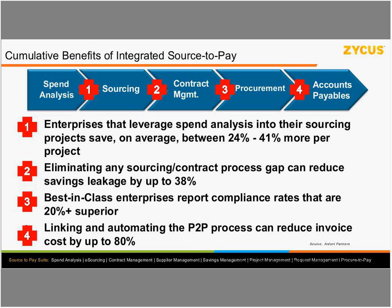And the class organizations see 20% higher compliance rates when they get into e-procurement, the operational aspect. Link the first P to the second P, procurement to payables, and they realize they can reduce invoice costs by up to 80%. So some tangible, measurable arguments out there that may be on path towards a transformational journey. Maybe you've implemented only certain point solutions and are trying to develop a business case justification for why go forward with